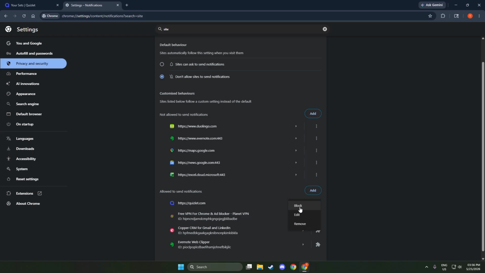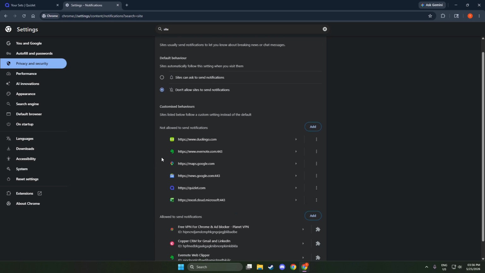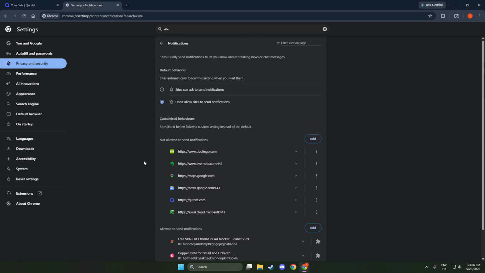Most accounts will save your changes automatically as soon as you toggle them off. If you do see a Save or Update button, click it to confirm your preferences. A quick page refresh can help you verify that everything's stuck. If you ever want to reverse a change, just come back to the same notifications area and re-enable the options you miss. That's it. You've successfully turned off notifications in Quizlet.